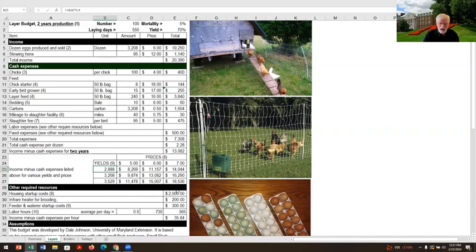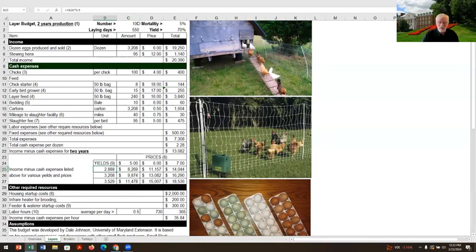Okay, we've talked about the other resources, but now let's talk about this labor that I haven't charged myself yet. Well, I've just told myself I'm getting $13,000 for my labor here. You know, I'm not paying anybody else. I'm doing the work myself. All right, well, how much time is it going to take me? Well, there's 730 days. I think it's going to take about a half hour a day to gather these eggs, wash them, and get them to my customers. All right. Maybe you think, well, it's going to take longer than that. Well, maybe it will. Or maybe you can do it a little bit faster.